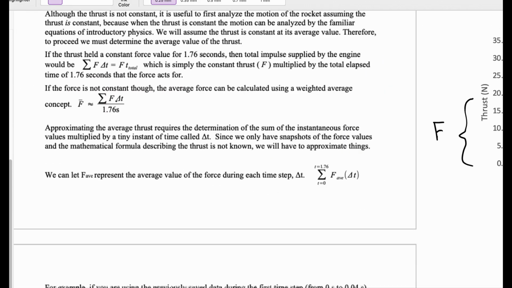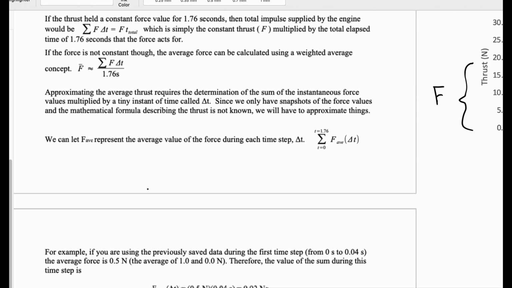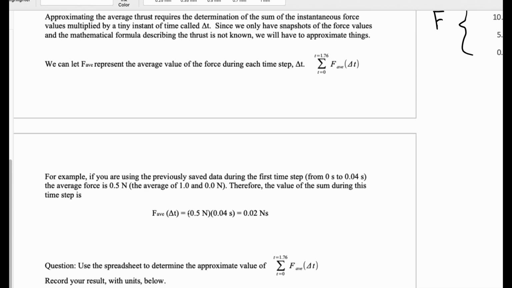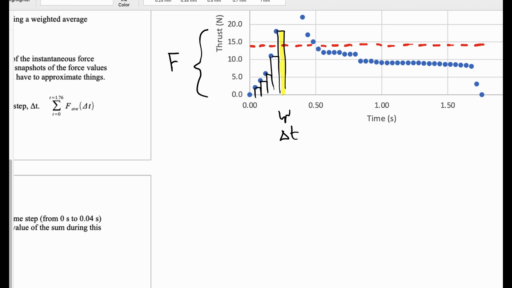So let's see. What's the next one say? We should do a weighted average where we multiply our forces times our times and then divide by the total interval time. That would be the weighted average formula for finding this value, this average force. Okay, so let's see if we can do that. It tells us on the next, you go to your Excel file,